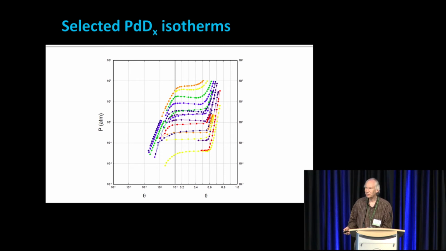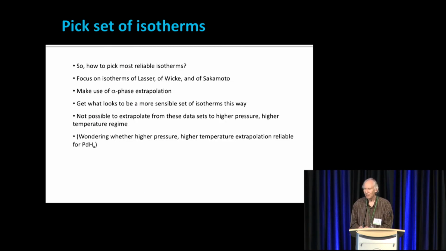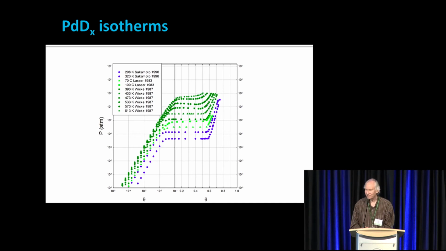So in order to try to make sense out of the phase diagram, I'm sort of a fan of a small number of groups and authors. I think very highly of Lasser. I like Wiki, and the data of the group of Sakamoto and company seem to make a lot of sense in connection. So you know you've got problems when you've got a theorist selecting which isotherms from experimental groups to use for a phase diagram. And I'm kind of hoping that Ed Storms or other experimentalists might chime in and get us some reliable isotherms to work with. But the isotherms I chose look like this, and I've extended these again using the